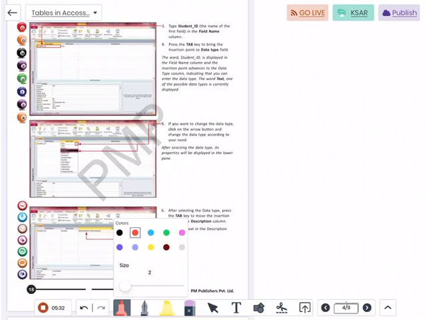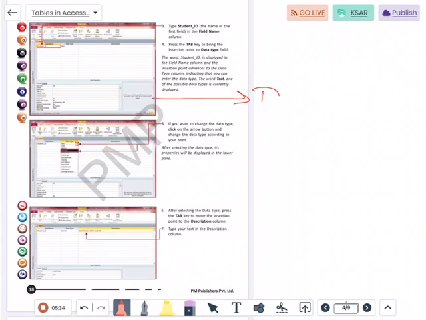So the type of view that we are in is design view. So using the design view we can create the design of a table, and data sheet view will be used for recording the data.